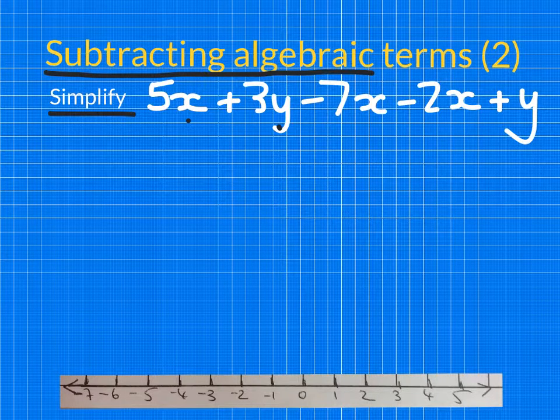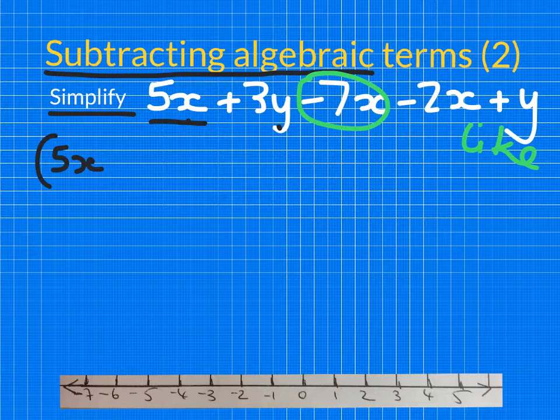5x plus 3y minus 7x minus 2x plus y. What we're looking for is to try and find any terms that are like each other, and then we can regroup them and see how they simplify down. We have 5x's here, and then we have a minus 7x, and we also